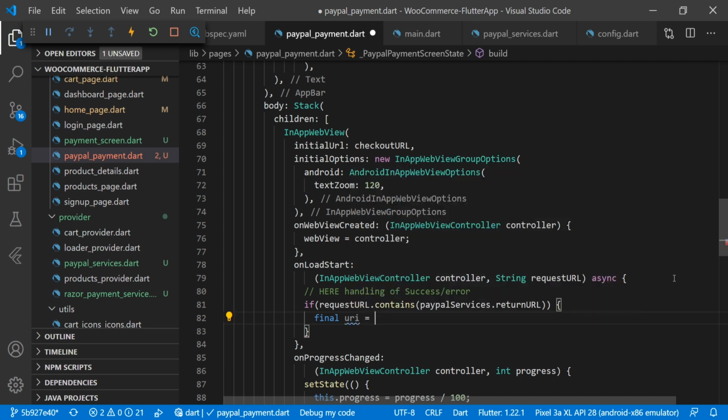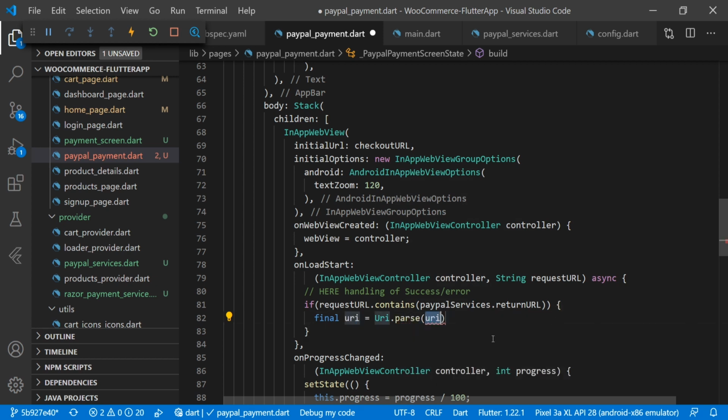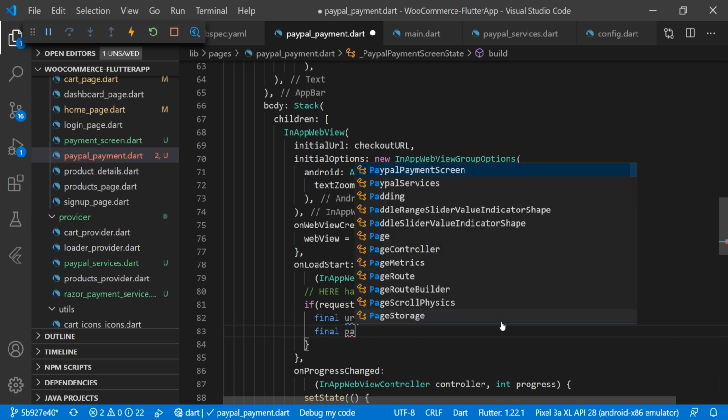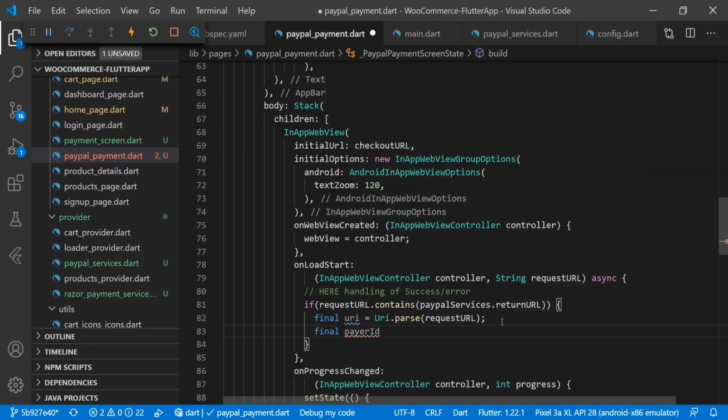Final URI is equal to Uri.parse, and here we are passing the request URL, and to get the query string, here we are getting that payer ID is equal to uri.queryParameters payer ID.